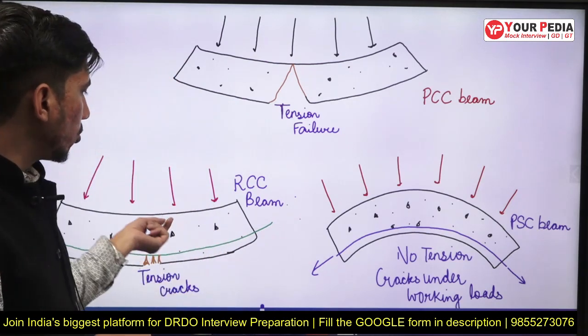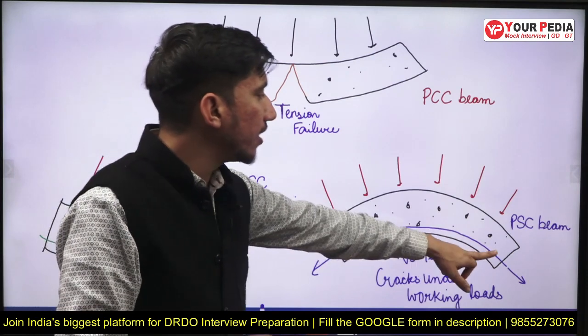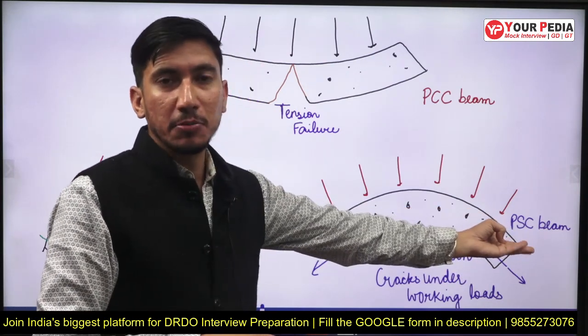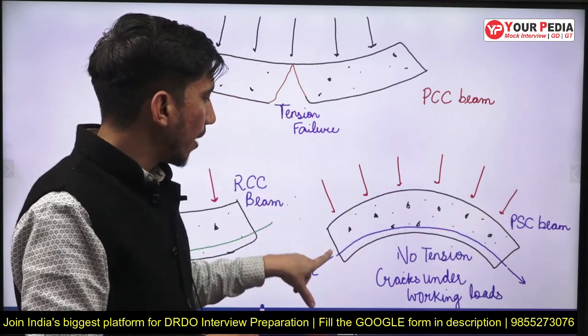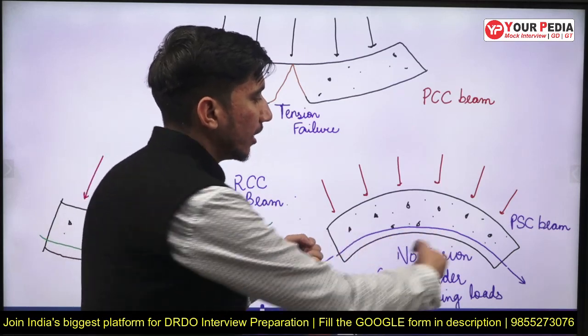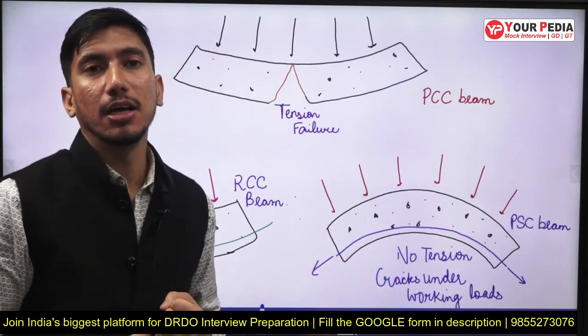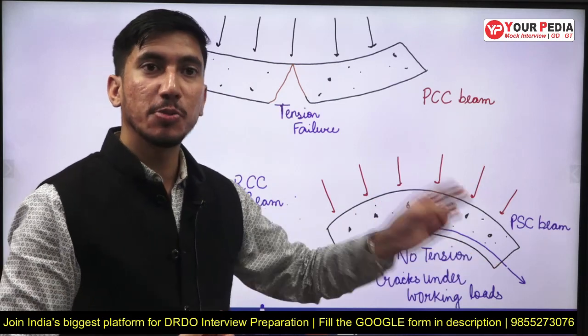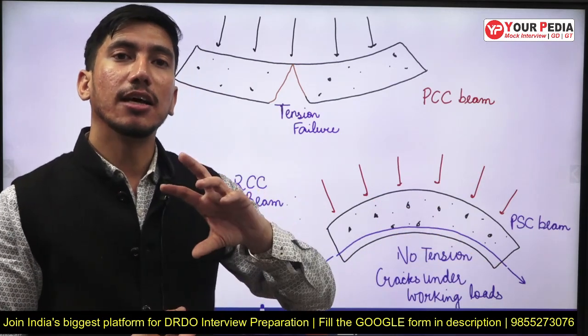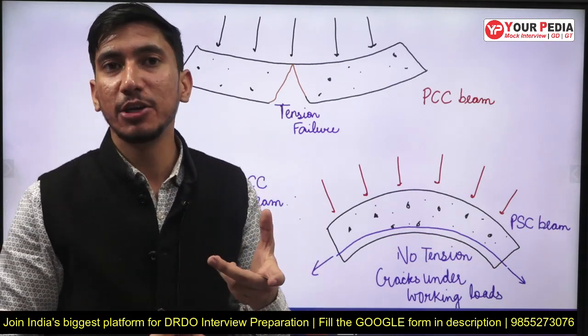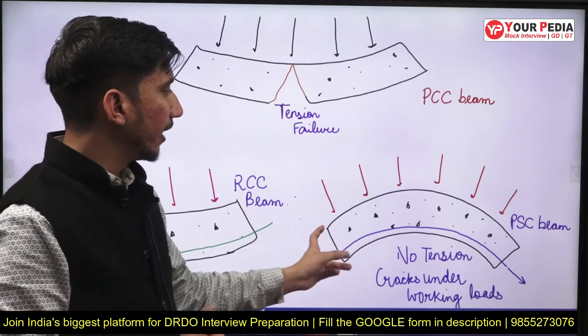Okay. So the solution to this is your pre-stressed member, the PSC beam. In this, special steel tendons are used, and these are tensioned below the neutral axis. Because of it, compressive stresses will now be induced in the whole beam, and it will get hogged up.